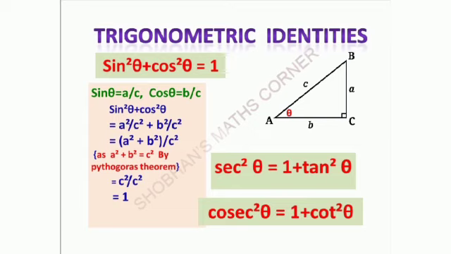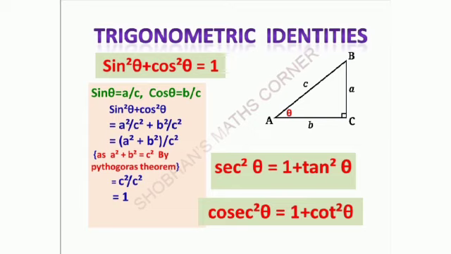See, in this triangle ABC, a right triangle with the right angle at C, the side opposite to angle A is small a, the side opposite to angle B is small b, and the side opposite to angle C is small c. This is a notation we should know and use like this only. The side opposite to an angle we always denote with the small letter, which is the length of the side.